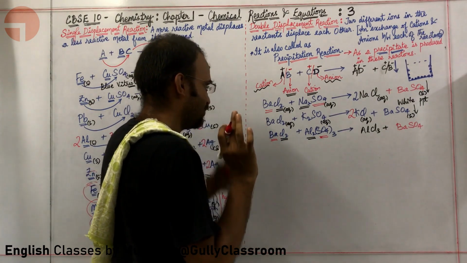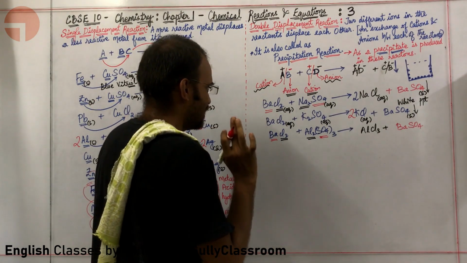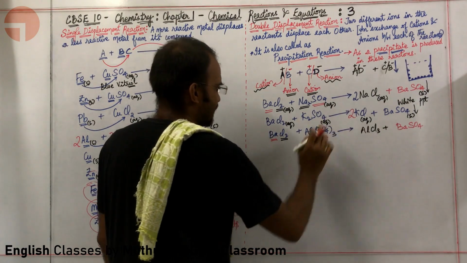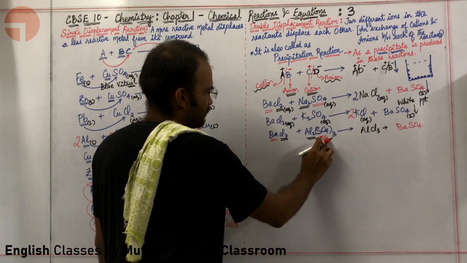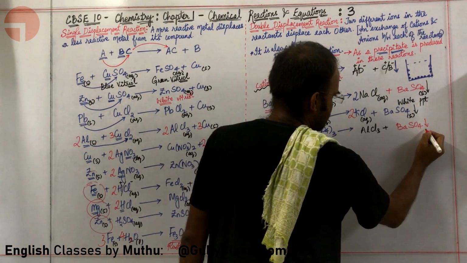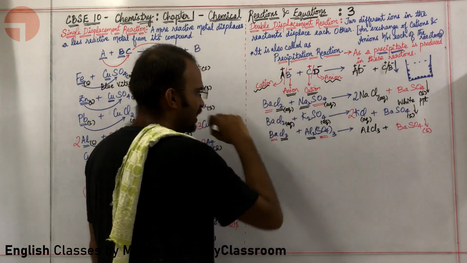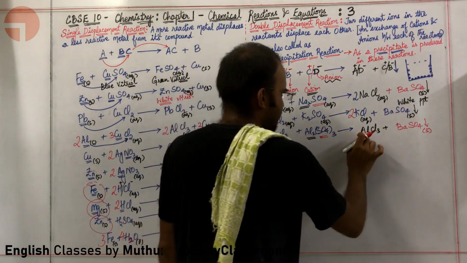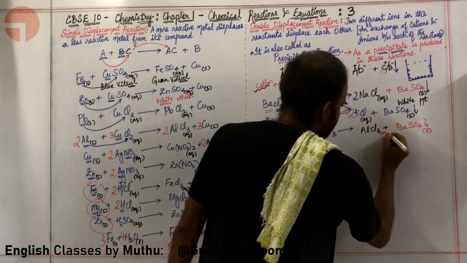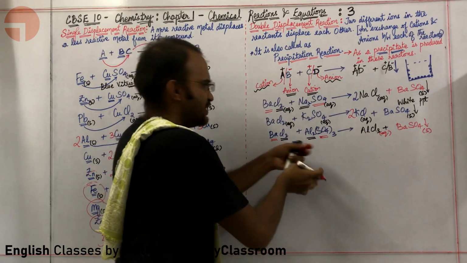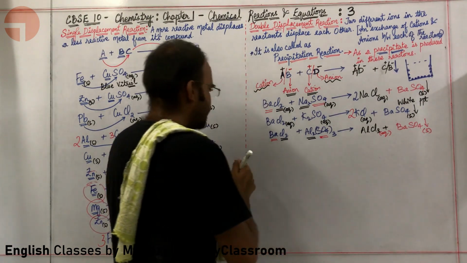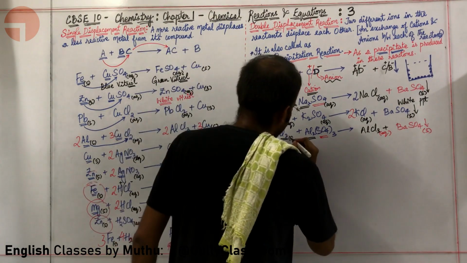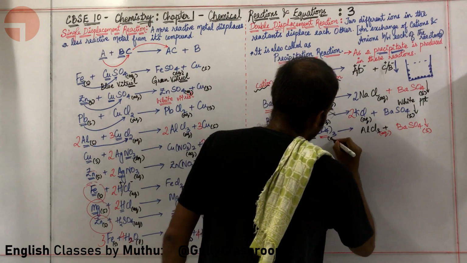Okay. Are you comfortable with this? Yes, sir. Okay. Now this is the reaction. Here Ba is combining with SO4, BaSO4, which is a precipitate. Obviously, this is a solid. Aluminium is combining with Cl, AlCl3. It is obviously aqueous because it is dissolvable in water. Here both the reactants are once more aqueous and here also it is aqueous.